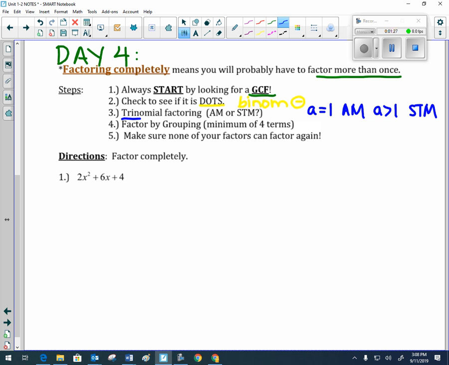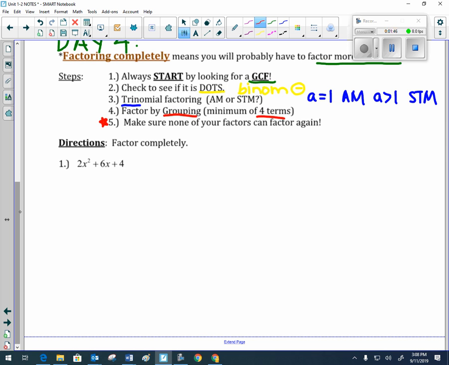We also are going to be looking for factor by grouping, and factor by grouping, notice it says has a minimum of 4 terms. When you feel like you're completely done with your factoring process, the last thing that you have to always remember to do is to go back and make sure that none of your factors can be factored again. So when we take a look at question number 1,